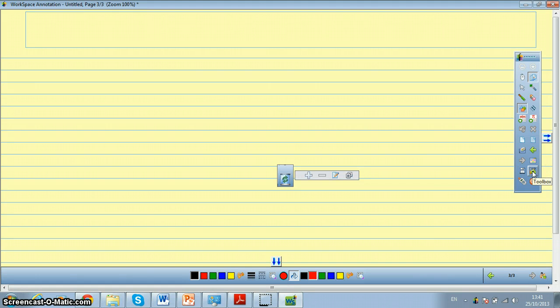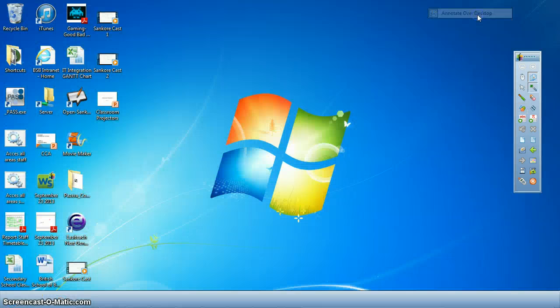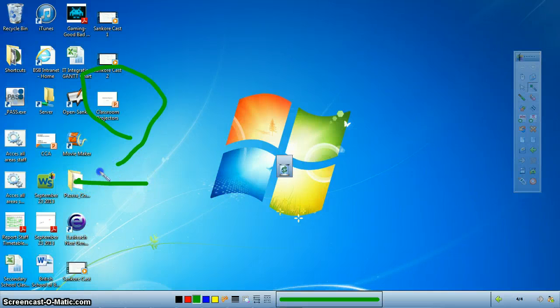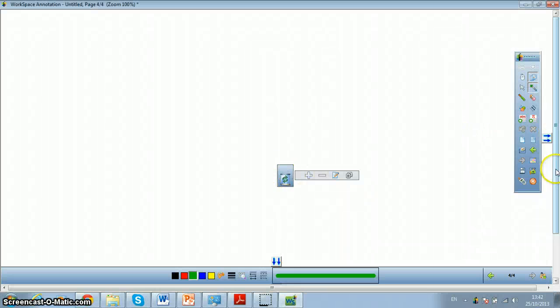The next place is the toolbox. Now this has got some really good tools going all the way down. Okay, this is annotate over the desktop, so we could just have our normal documents open and highlight certain things as we're going forward. Okay, and then just go back. So it gives us the option that we can save this page, so we could send it on to pupils if we were annotating something on the desktop, but I'm not going to save that. I'm going to go back here to the